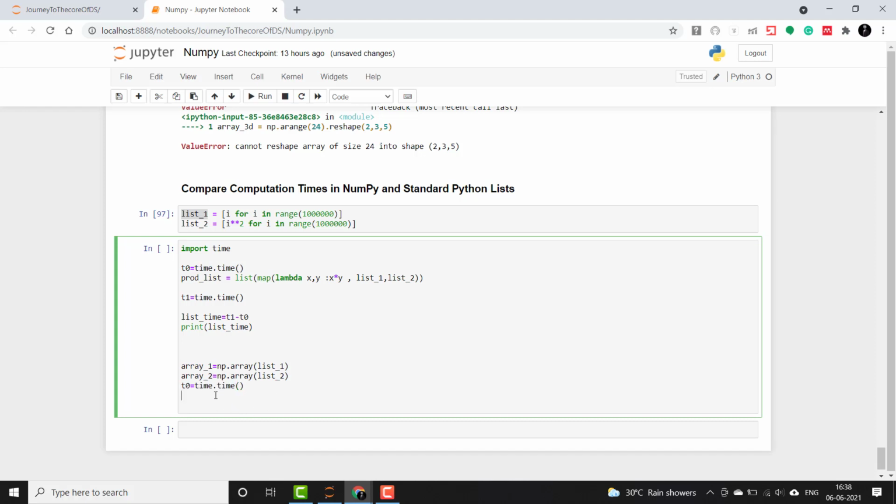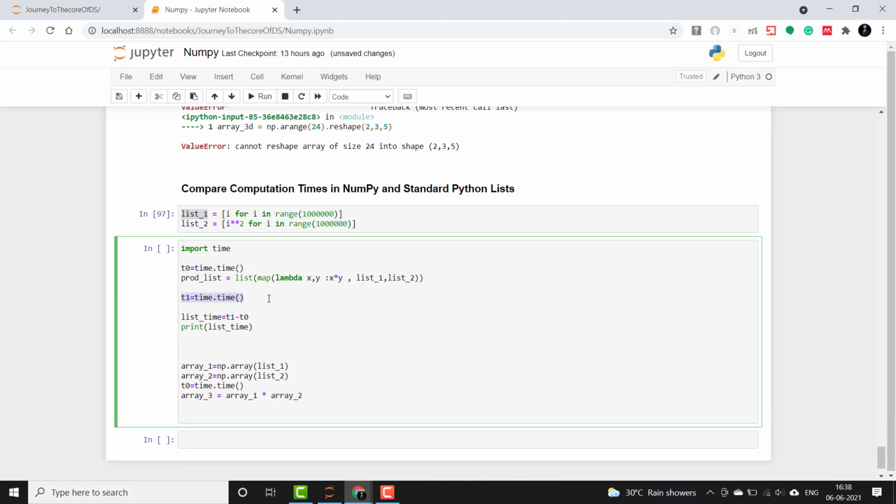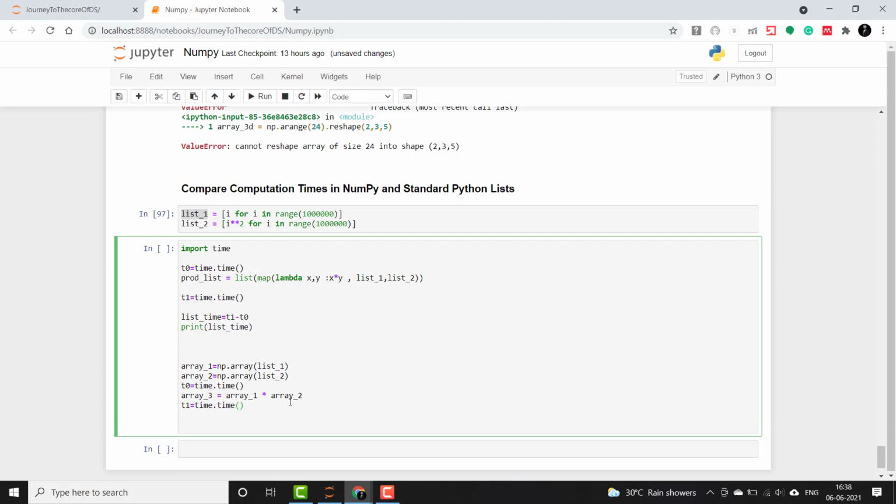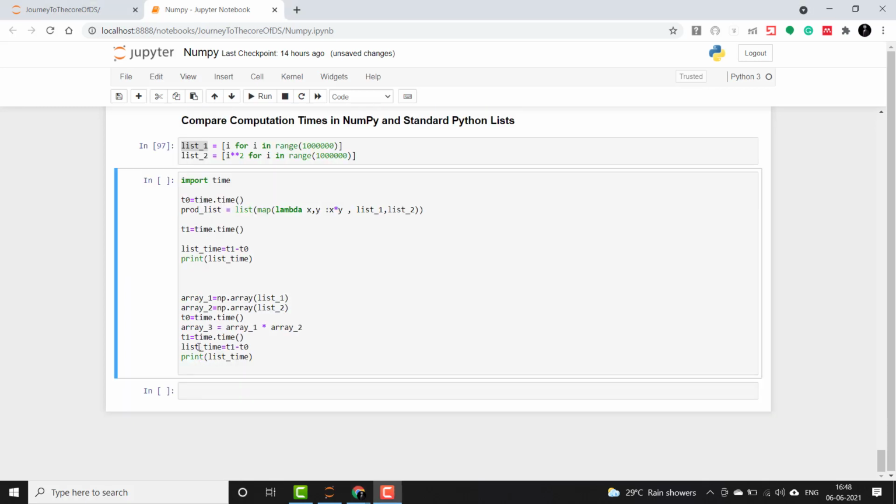Then I will do an element-wise product and store it in array3. So the element-wise product in NumPy will simply be array1 times array2. Then I will take t1 after computation, and do the same thing here, that is t1 minus t0, and let me say this is numpy_time, as both the NumPy and list times will be different.